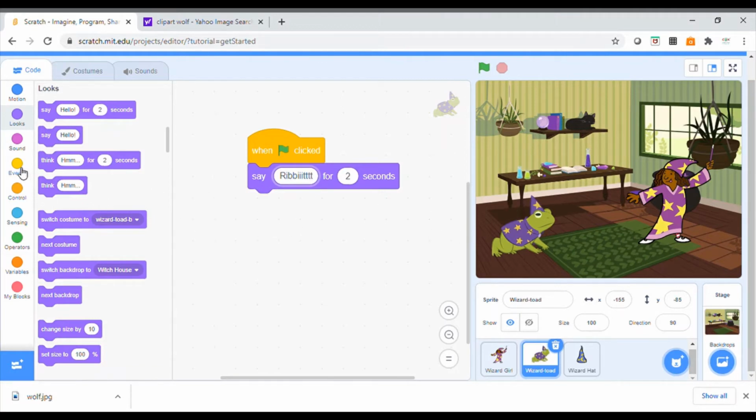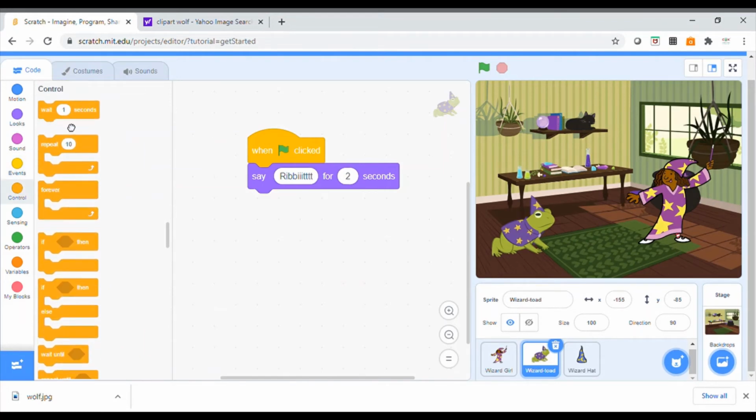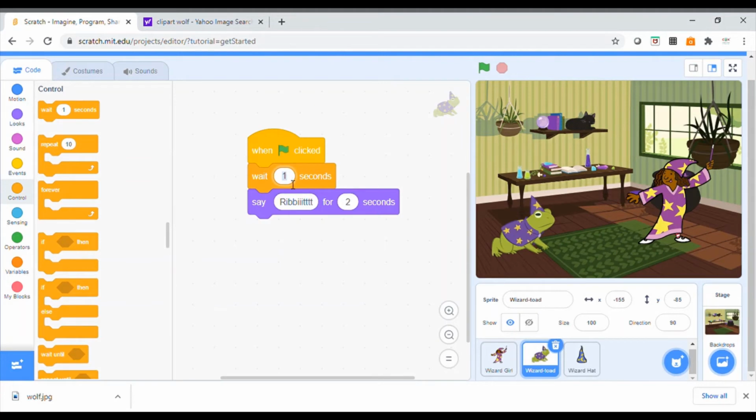So I'm going to go across to my events, down to my control, get that wait, and I might change this. Instead of wait 1 second, I'm going to say wait 2 seconds, just to give the wizard a chance to speak. So I'm going to try again. I'm not going to click on this code here. I'm going to click on the flag at the top because I want both code for the wizard and the frog to start at the same time. So watch. Hello,